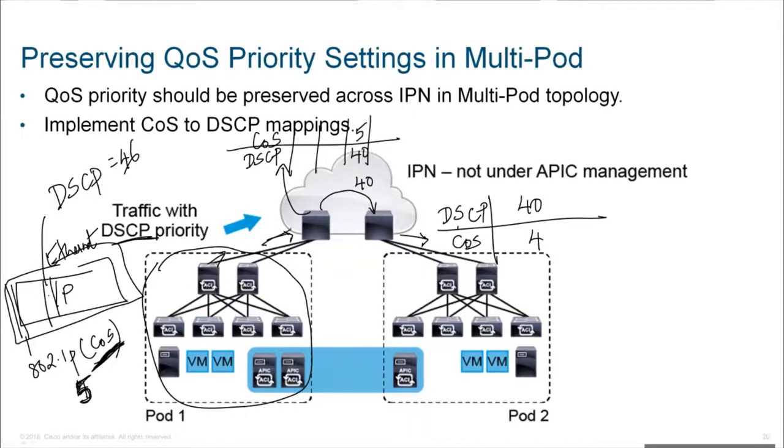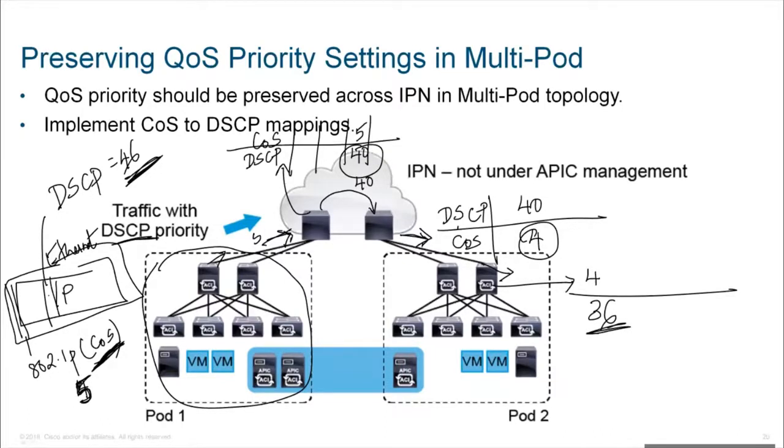So even though this was sent out with a 5, because of the table in the IPN, it became 40. And then on the egress side, that became a 4. And here, a 4 is probably only 36 maybe. So it really lost what it should have been, 46. And by the time this spine receives it, it's become 36. Not ideal. So you've got to make sure the mapping tables here